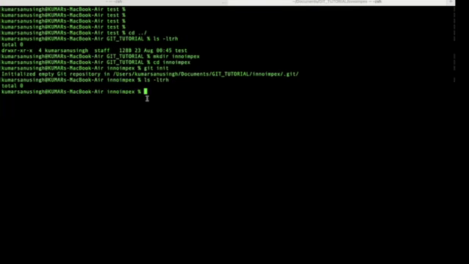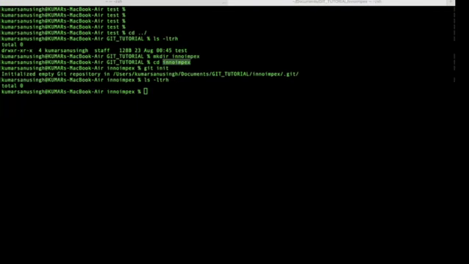Now, you guys may ask me a question. What is the difference between a normal directory versus a Git directory or a Git repository? That can be a question.